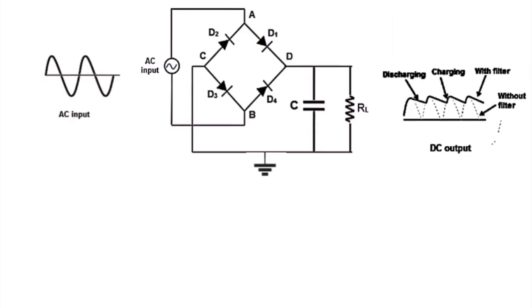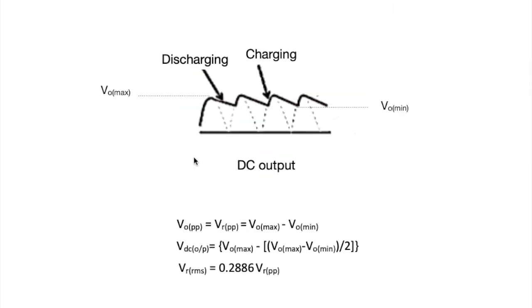We are also going to study the circuit when a capacitor is used to filter out the ripple signal, that is the unwanted AC signal present at the output of the rectifier, for which we will be connecting a capacitor across the load resistance. Having connected the capacitor parallel to the load resistance, for the same sinusoidal signal at the input, now the output will be decided by the charging and discharging paths of the capacitor. So the output voltage for the bridge rectifier with capacitor used as a filter will be of this particular shape.